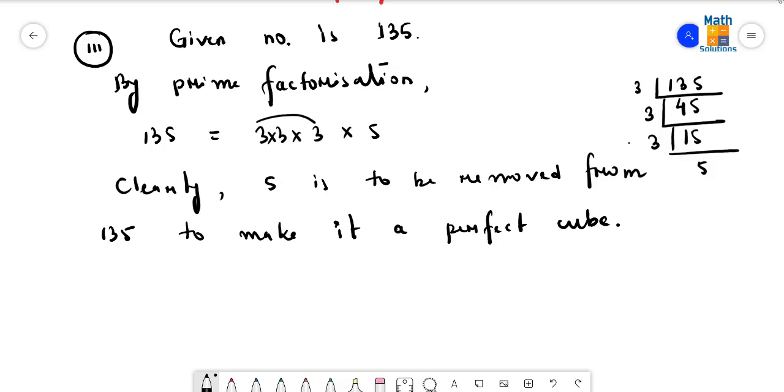Therefore 135 must be divided by 5. Then coming to the next number,